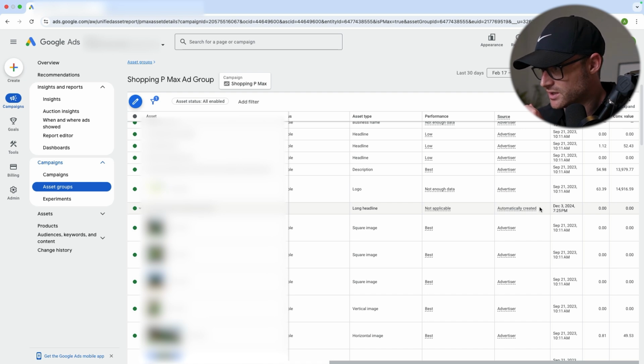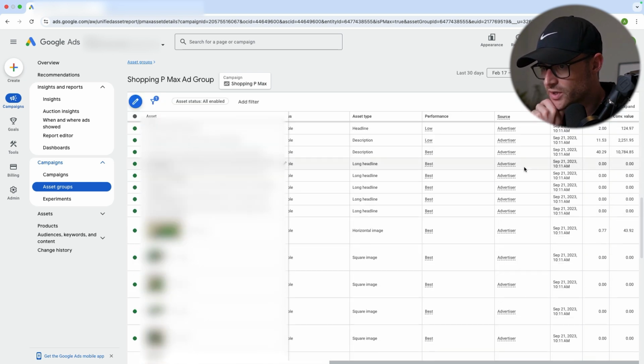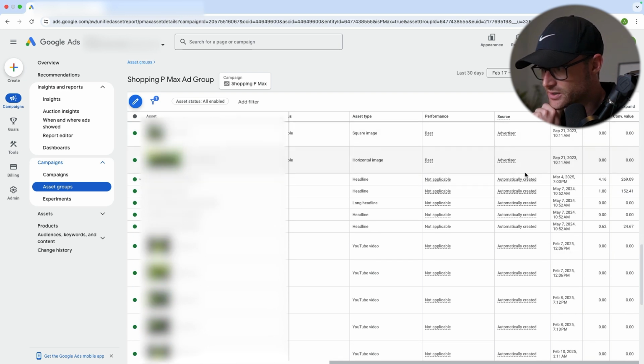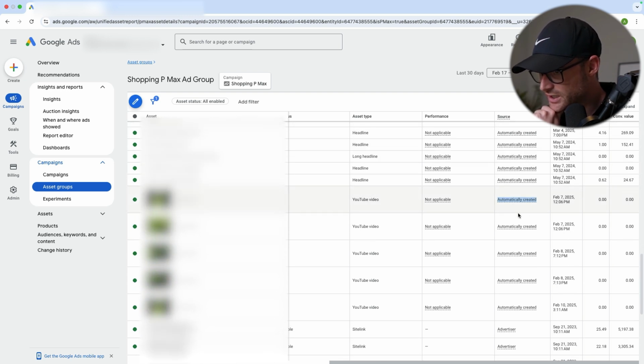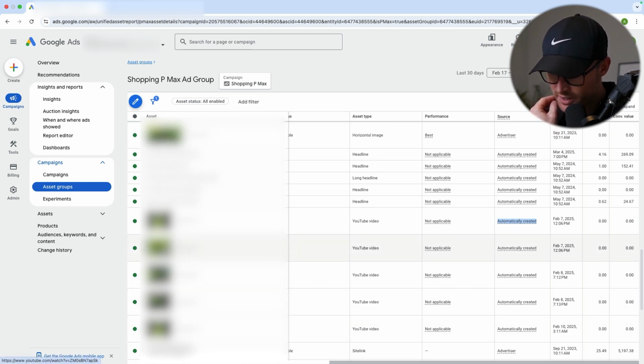Real quick, now a lot of this will be blurred out because it shares way too much information, but this is one you can start seeing automatically created. This is what it will look like. And again, you just got to be really cautious of what Google's automatically creating, especially these YouTube videos. Now, I can't necessarily show you these videos because this would give you too much information on who the client is,